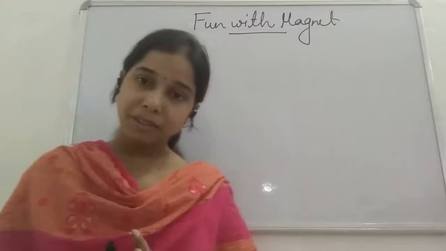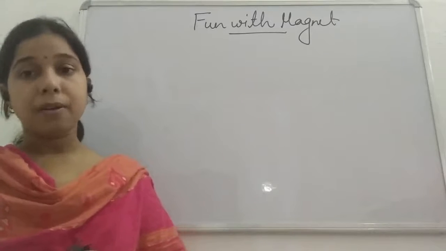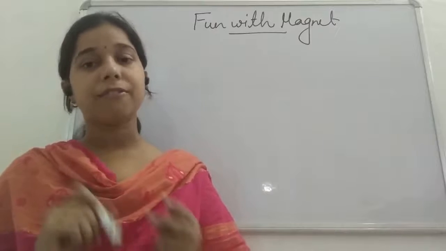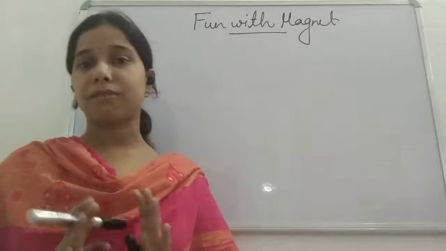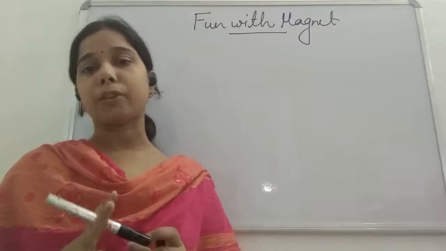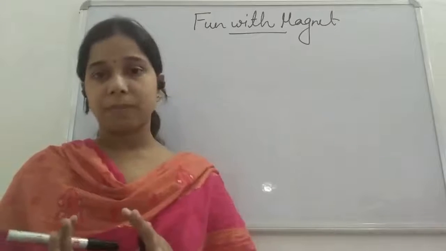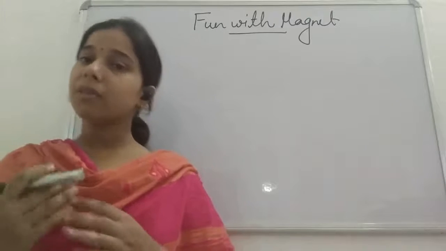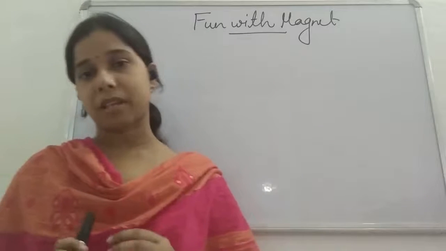We studied an activity also, that if we tie it with thread and align it, and then try to change the direction of the bar magnet forcefully in the other direction and leave it again, make it again a free magnet, then what will happen? Again it will come back to its same position, the north and the south position. So it doesn't matter what force you are applying to change the direction. As you leave it freely, it will again show the north and the south direction respectively.